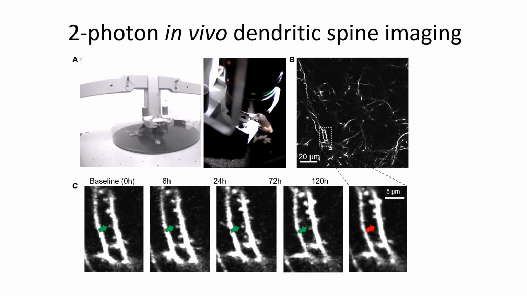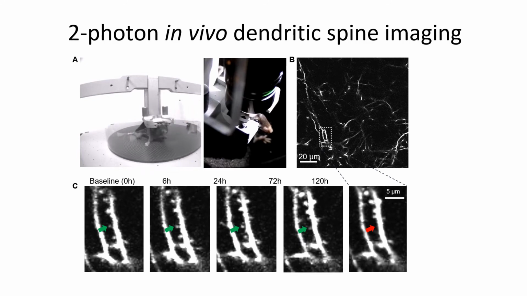Importantly, for this kind of experiments, the same dendritic spines can be revisited at different time points with several days or even weeks interval. And this is important because synaptic plasticity is believed to consist in the turnover of synapses. Some synapses are added, other synapses are eliminated. And this turnover, the rate of the turnover, is proportional to the level of plasticity that the cortical neurons possess